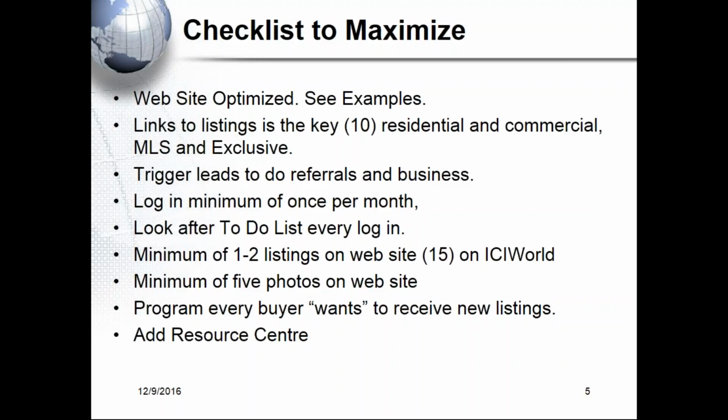So if you're in an area, you want to tell them about the community centers, the city hall, where the police department is, where the shopping is, and where the schools are. Why not have a resource with all of that stuff for that particular area on your website in something called a resource center, where you can put 50 links to various resources. You can have resources on moving